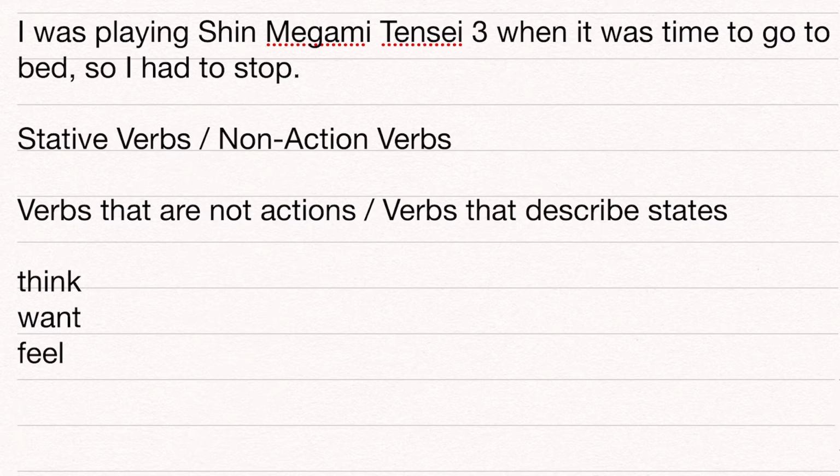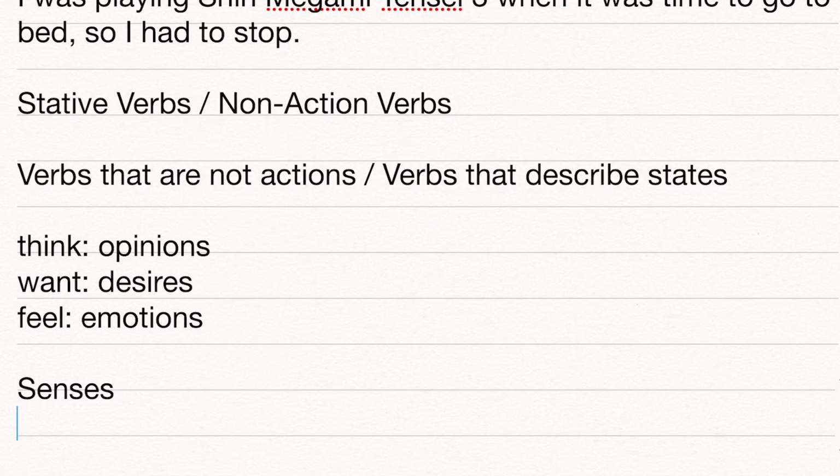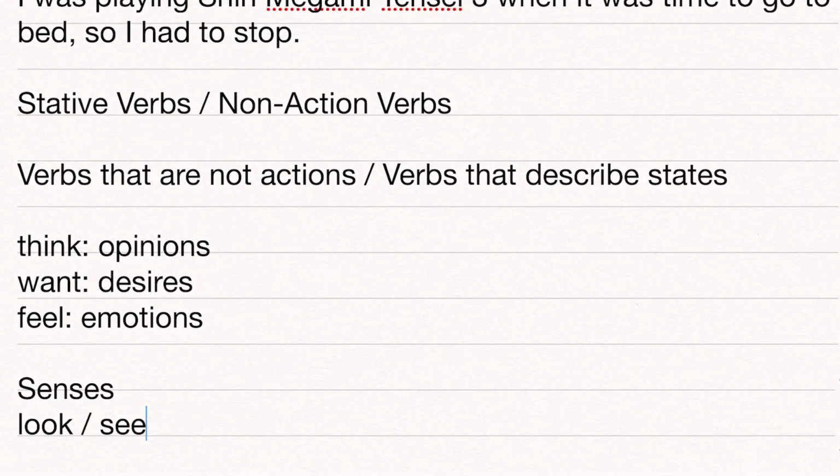So like think, right? We use think to talk about our opinions, right? Opinions are not actions. We use want to talk about our desires, not actions. Feel, right? Talks about our emotions, not actions. Also verbs that talk about senses, right? See, look, right? We have stative and action verbs for our senses, like look and see, right? You can see me looking. That's a little creepy, right? And seeing,